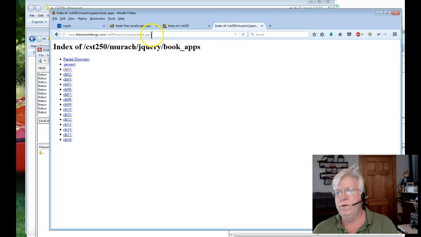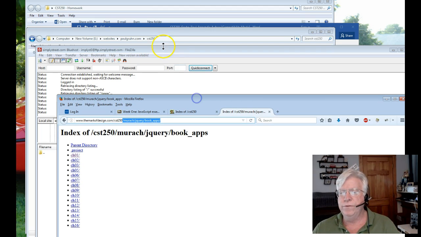So what we want to do is we're actually going to set up the same thing. See where it says Murach jQuery book apps? We're going to set up that exact same thing as Kim did. So let's do that. We go out to